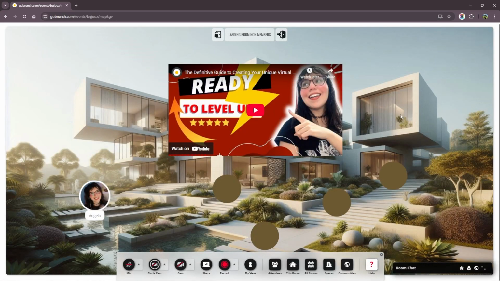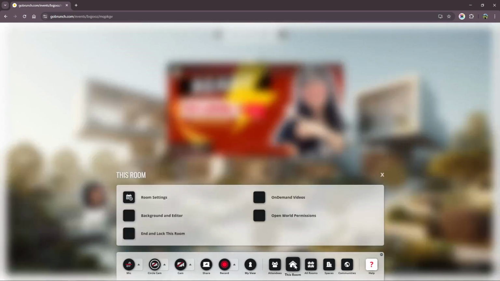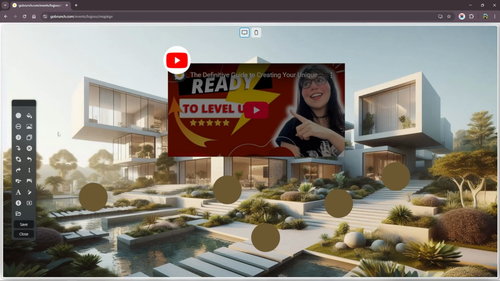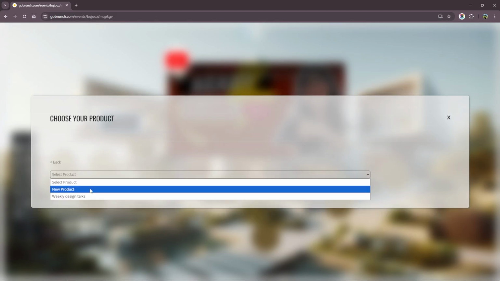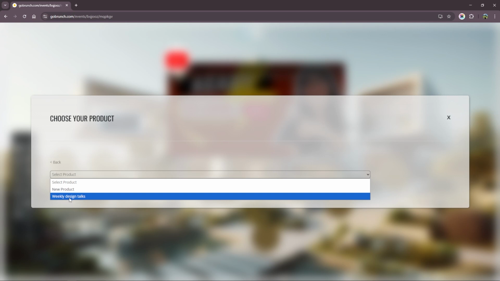Perfect, now I want to show you something really cool where you can start collecting payments with Stripe every time that someone wants to join your community. So we're going to go to this room background editor, and you will see this new button, Add Community. When you click here, this is the button so people can pay to join your community. So maybe we're going to leave it right here, and we're going to click Payment Settings. Perfect, here we'll select my account from Stripe. I'm going to connect, and in the product I'm going to select the community that I just created.